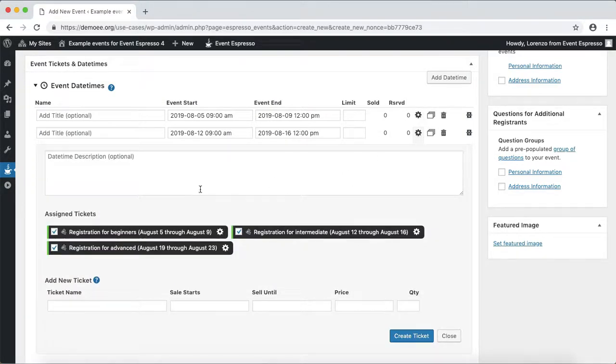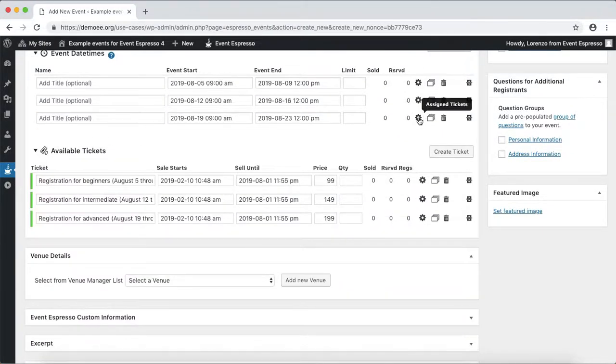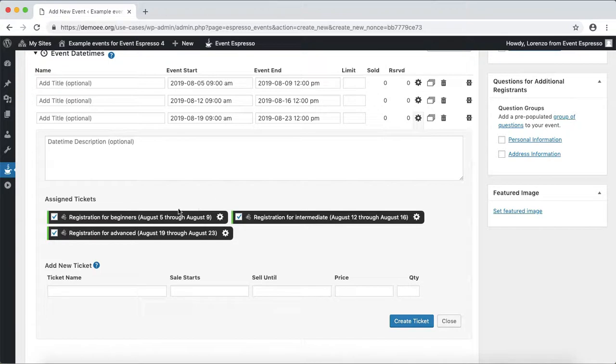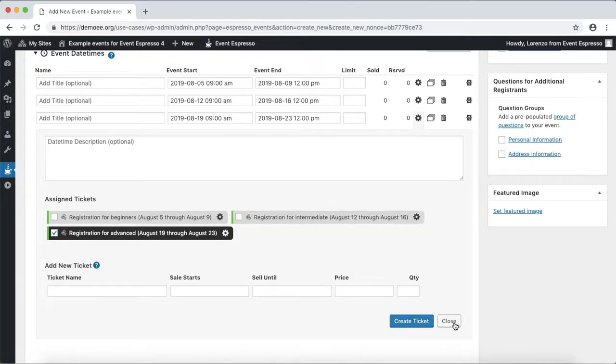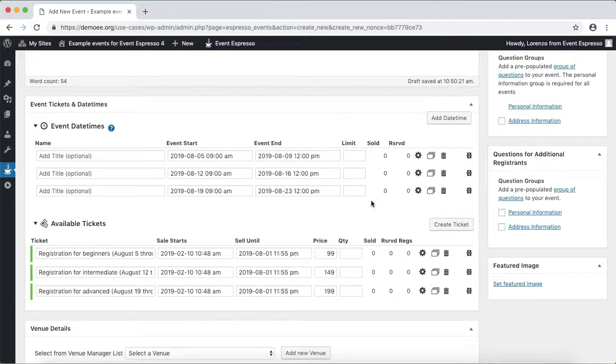So this is the intermediate option. So we're going to disconnect beginners and disconnect advanced, and then close, and then do it for the last item. So disconnect beginners and disconnect intermediate and close. Okay? So let's take a quick look at what we've set up. Again, this is a multi-week art camp. So a parent can come in and select a registration option for their child, and it takes place across several